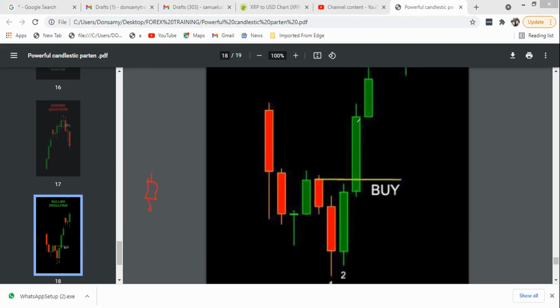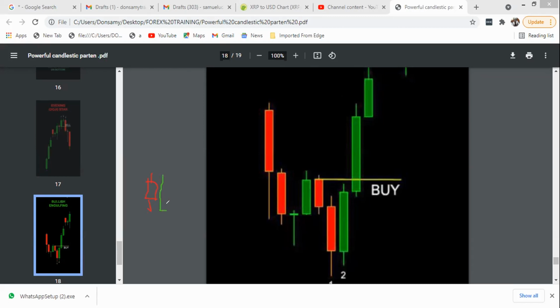And it is at a support or on a psychological zone. What you should be looking out for, let me change this into green,